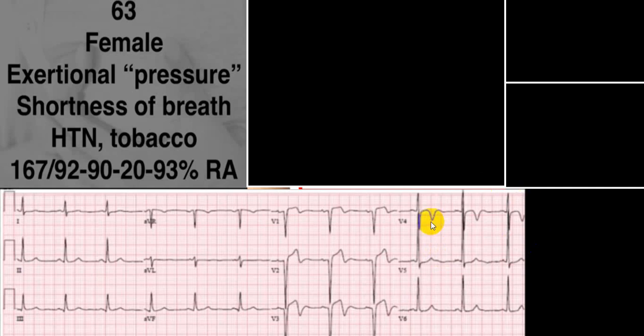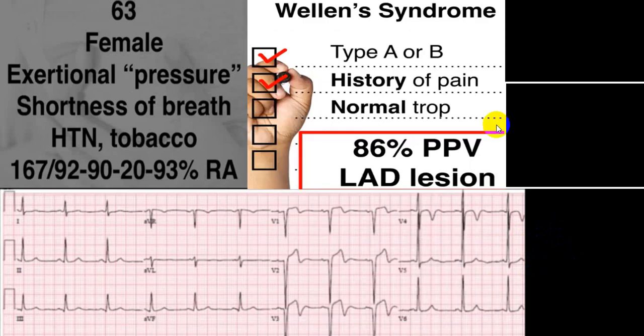And when you get such deep symmetrical T wave inversion, it is Wellens sign type B. So this will be evolving infarct, or we call progressive myocardial ischemia or ongoing myocardial ischemia. So you can have type A or type B. This is type A. This is in favor of type B. Symmetrical T wave inversion. History is absolutely necessary, but the most important part, troponin will be usually negative.